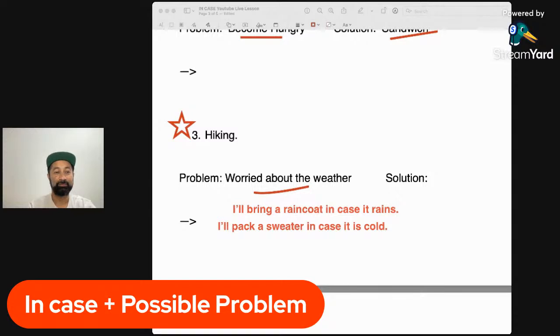Maybe it's going to be foggy. How do you prepare for the fog? Right? So there can be many different weather issues. What if it's going to be super, super duper humid? All right, what do you do? How do you prepare for that? How do you prepare for heat if you're hiking? So there can be a lot of different possibilities with weather, but both XYZ and YFS, perfect answers.